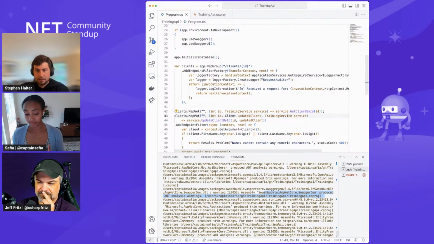So native AoT is a big effort. It's not like we can just spend a couple months working on it and then everything works for all of our framework implementations and all of the open source libraries. So we will encounter some things that don't work. Open API and Swashbuckle is one of those areas that does not support native AoT as of .NET 8.